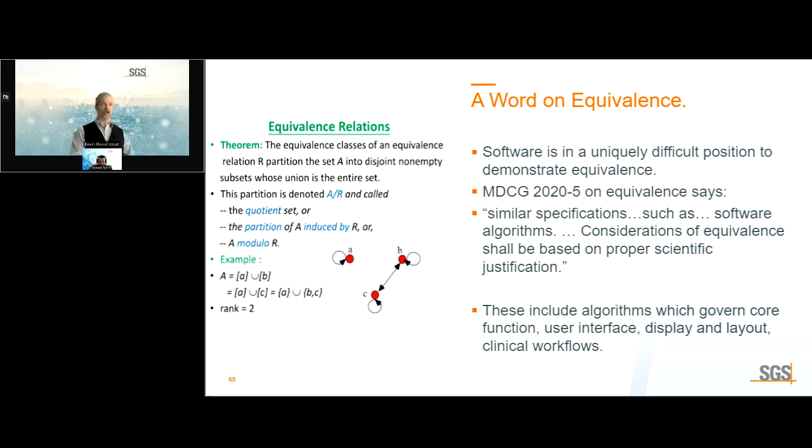You may need a functional test, which is a valid method of proving equivalence between two softwares. You may need a functional test that the output at a black box level is the same. But other things that also are important are user interface displays and layouts. They may impact clinical workflow. So again, it depends on where in the workflow of a patient is your software. Does it directly impact an ongoing surgery or does it not? Will matter a lot for how the user interface is interpreted for usability and GSPR1. Always remember that GSPR1 and 8 are always required to be covered under clinical evaluation assessment. You may choose to add others.